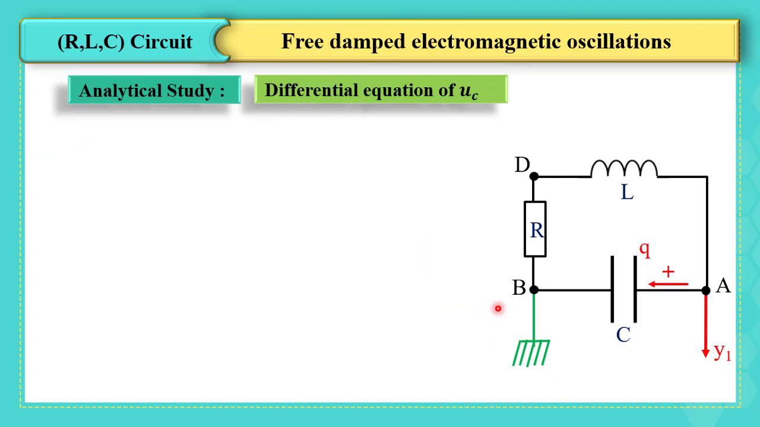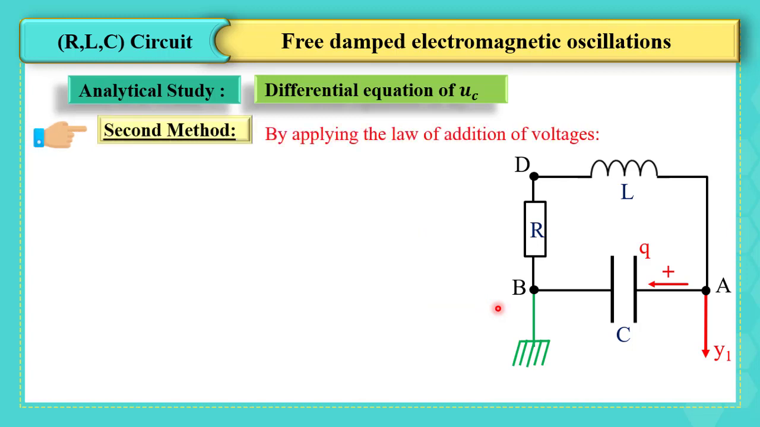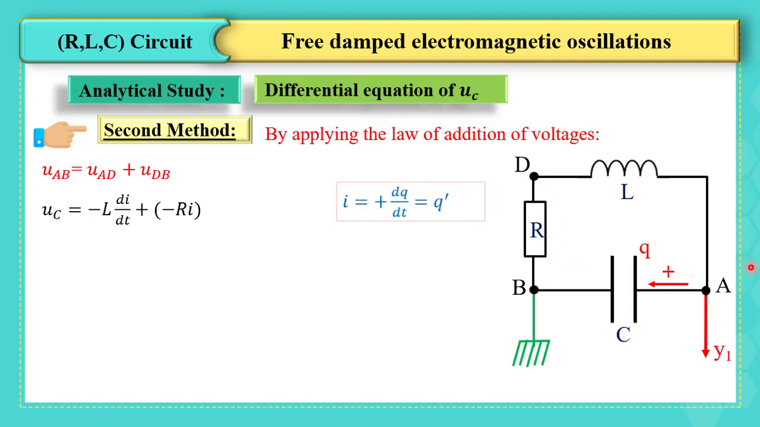Now we're going to study the second method by applying the law of addition of voltages. The law states that UAB equals to UAD plus UDB. UAB represents UC, the voltage across the capacitor, while UAD represents the voltage across the coil, but it is opposite to the sense, so we should write it as minus L dI by dt. The same for UDB, which is across the resistor and it's opposite to the sense, so we write it as minus Ri. As we have mentioned in the previous method, I is written as plus dQ by dt,